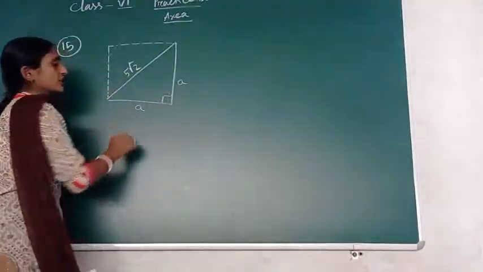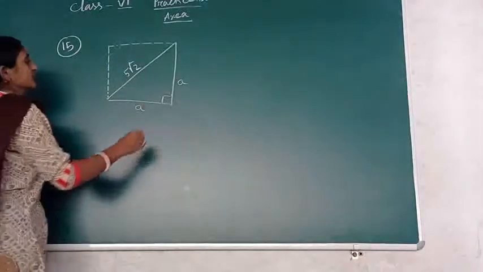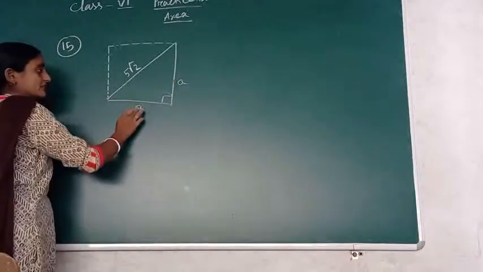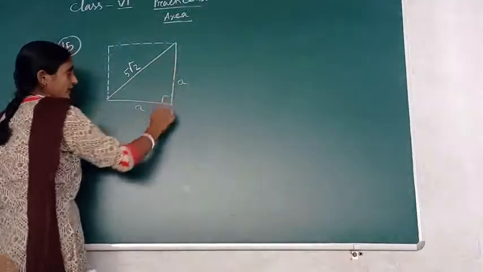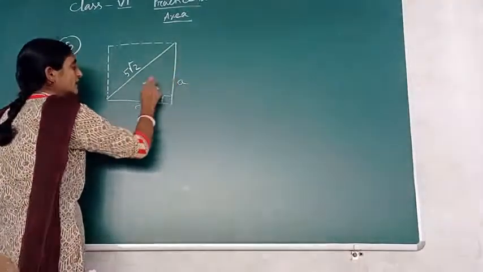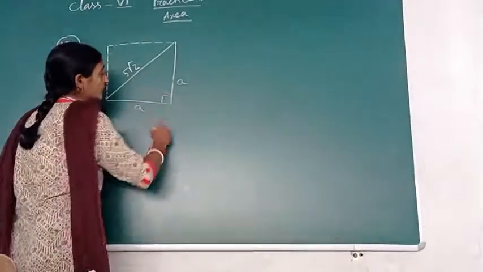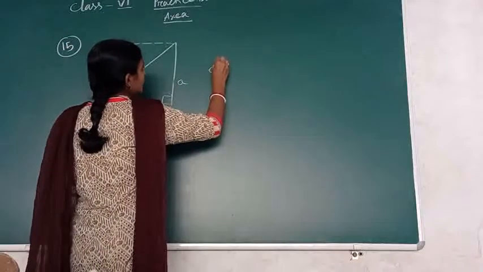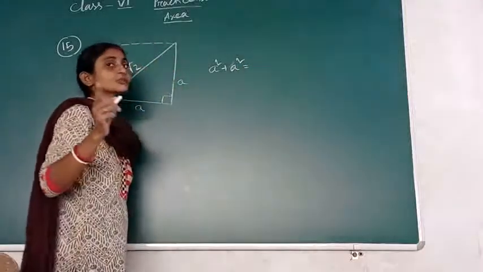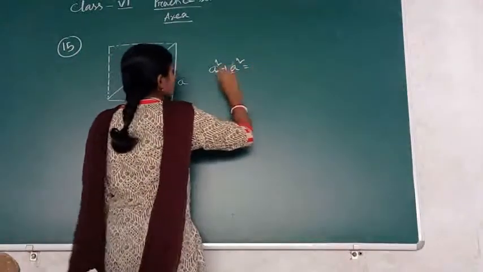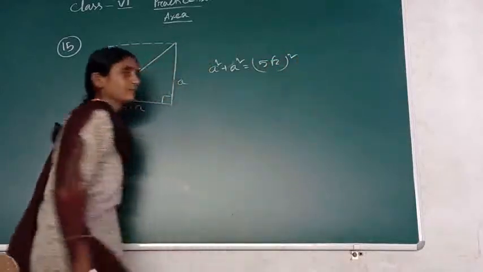So for that, there is one formula, which is called Pythagoras theorem. By that, you know that if I consider this the height and this the base of this right angle triangle, the sum of the squares of height and base will be equal to the square of the hypotenuse. So what can we write here? Let's consider height square plus base square. As per the Pythagoras theorem, the sum of these two squares will be equal to the hypotenuse square. Yes or no?